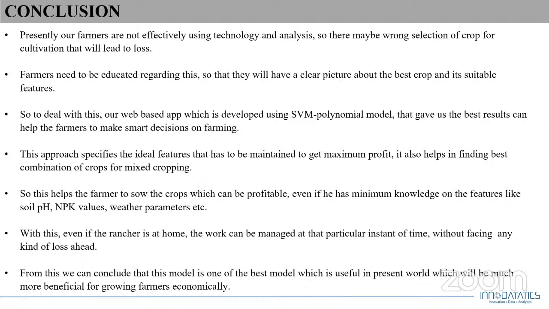It also helps in finding the best combinations of crops for mixed cropping. From this, even if the farmer is at home, he can work instantly and there is no loss ahead. We can conclude that this model is one of the best models useful in the present world, which will be more beneficial for growing farmers economically to gain more profit and yield. Next.